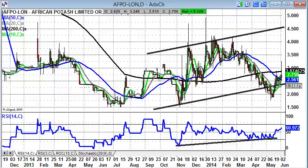And I'm starting off with African Potash, where you can see that there's been a recovery of sorts here. The higher low for May above 1.5 pence after the double bottom over 2013 towards that level. A rising trend channel can be drawn from September as well. The top of that channel currently pointing to 4.5 pence, which is the top of the range that we've seen since the autumn, 2 pence to 4.5, and a little bull flag here either side of the 50-day moving average